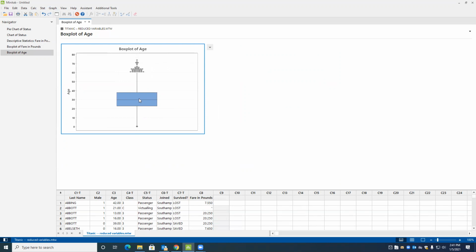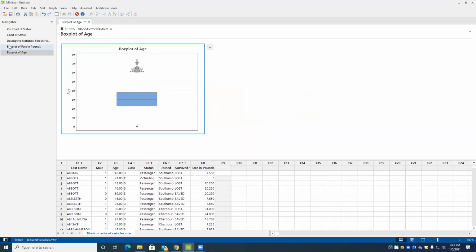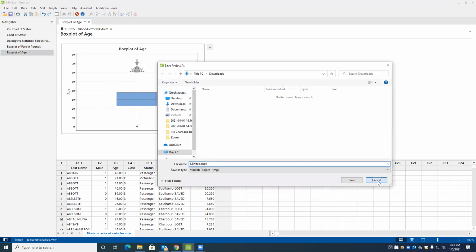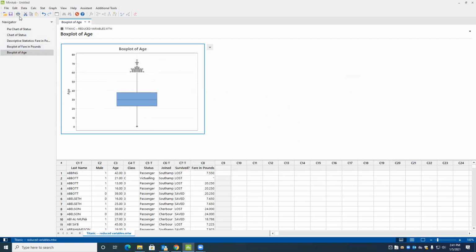You can put the median value, everything on this. So this is box plot, quartiles, and quartiles, and it can give you a lot of information if you have real data. So again, you can see under navigator, everything is right there.